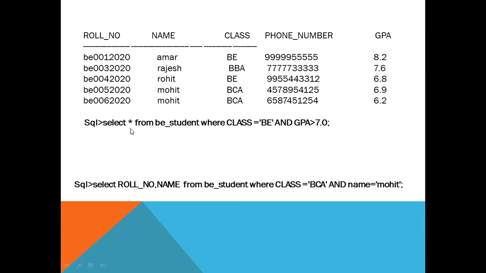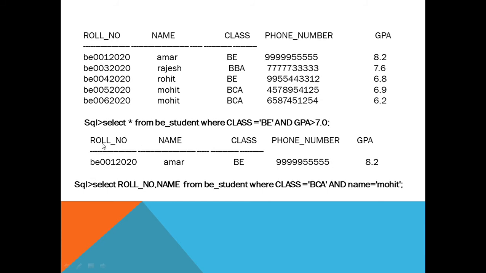Suppose I write select asterisk from B student where class equal to B and GPA is greater than 7.0. So it will check that the class should be B and GPA should be greater than 7.0. So both conditions must be true. Then it will display the result.